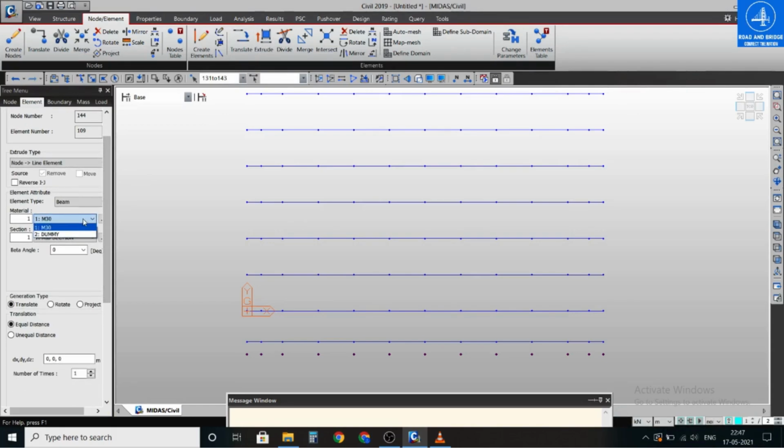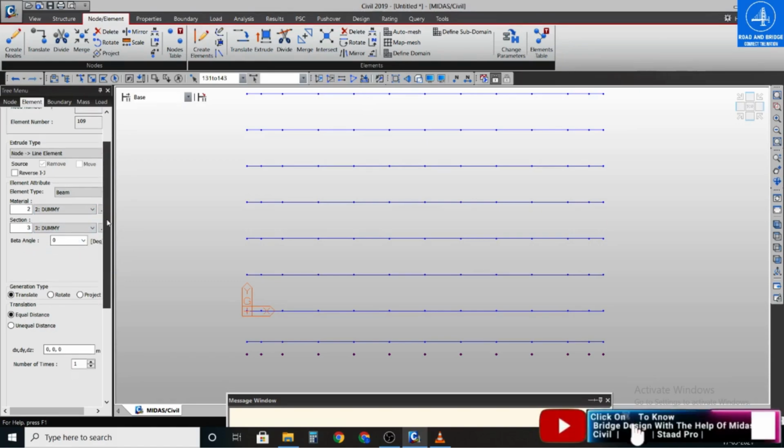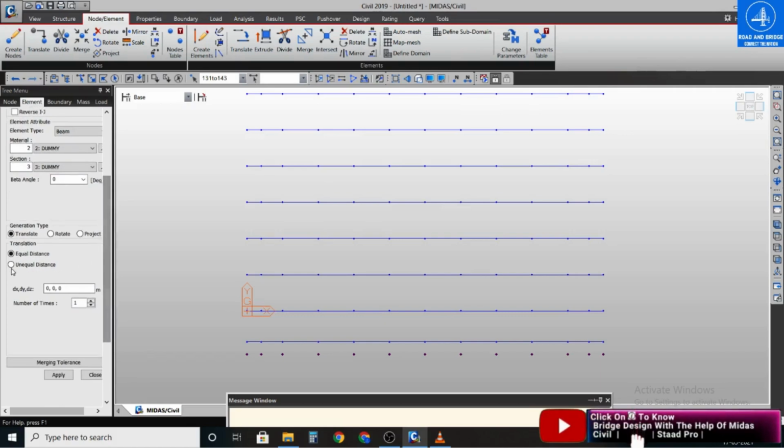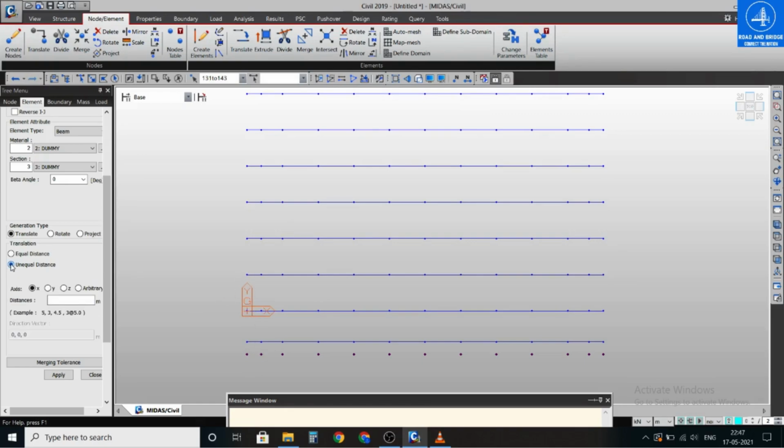Here the material property shall be changed, and I will provide the dummy members here, with unequal distance. Here the element will be created along the y-axis, but in case of y-axis all nodes are not in equal distance, so you have to use the unequal distance.